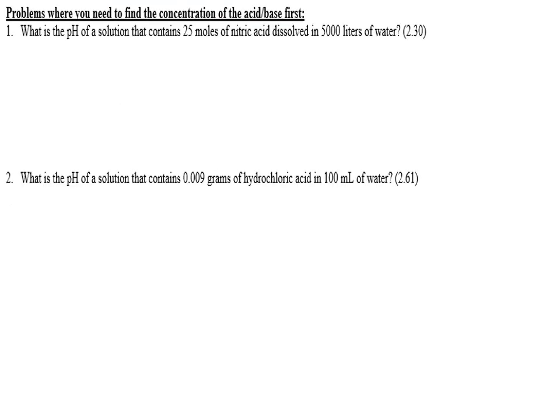So, like I said, there will be some questions where you don't have the concentration right away. You have to figure out the concentration before you can figure out the pH. So over here, we want to find the pH of a solution that has 25 moles of nitric acid dissolved in 5,000 liters of water. So remember, nitric acid is HNO3. It's a strong acid, so it will dissociate, ionize 100% in water to form H plus